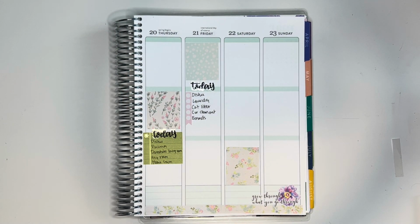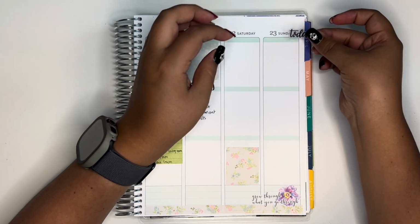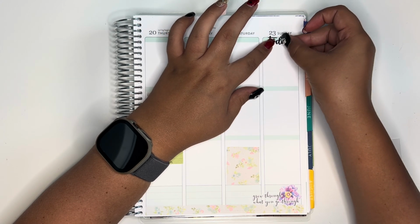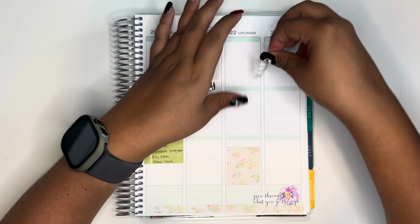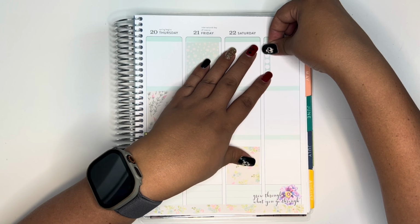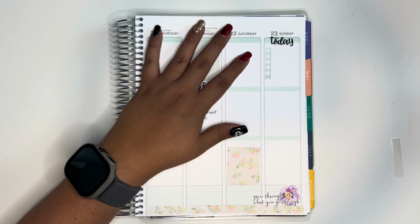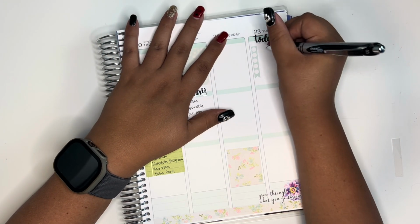And then the last to-do list is for Sunday. Does anybody else always have a massive to-do list on Sundays to get ready for the week? I'm gonna put this one up at the very top. And then I will put my little checklist there. That's a little bit crooked. But the checklist items for Sunday: